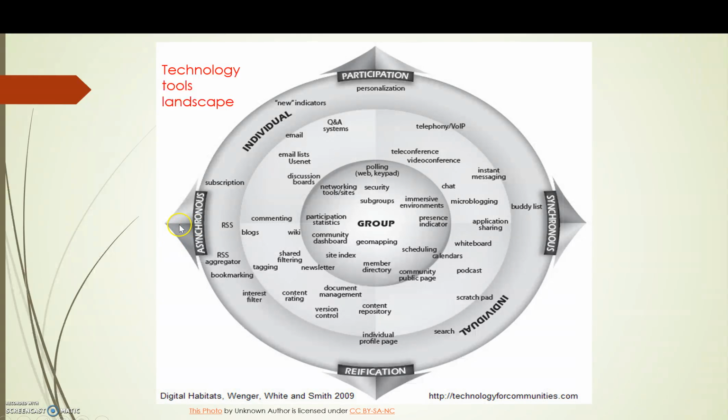Then, when we look at the horizontal orientation, we have the rhythms, that is togetherness and separation. So we have the synchronous and asynchronous interactions between members. So we will have synchronous that involves